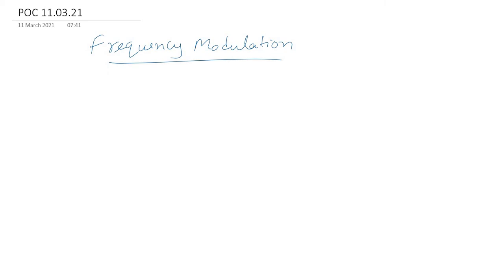Okay, first we'll have a quick recap of the previous lecture where we started with the frequency modulation concept. We've seen that frequency modulation, as compared to amplitude modulation, differs in that the frequency of the carrier signal is varied in accordance with the message signal, right? The instantaneous frequency after modulation becomes fc plus kf times m(t), where fc is the carrier signal frequency, that is the unmodulated frequency.